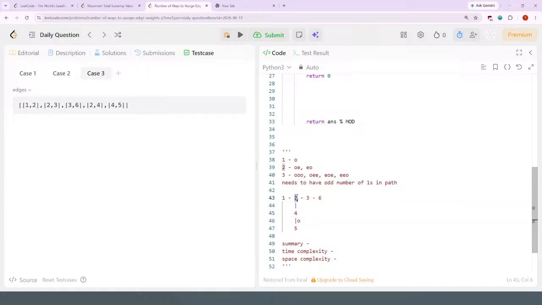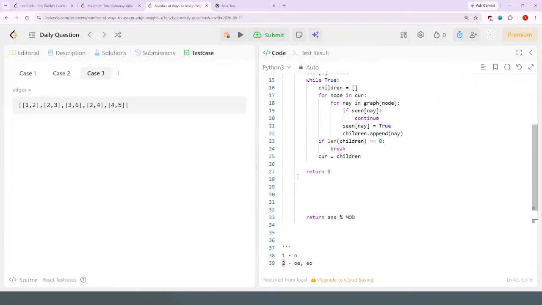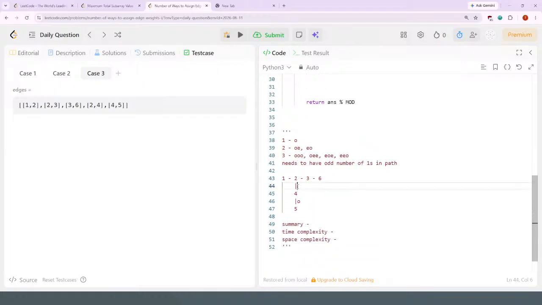And then to get to 2 with odd, isn't that also the sum? If it's even, it has to be odd. If it's odd, it has to be even. Am I thinking about this wrong? Am I supposed to be focusing on the edges rather than the nodes? And I might focus on the edges. How would that even work? If I focus on the edges,